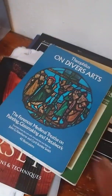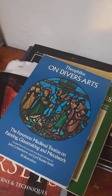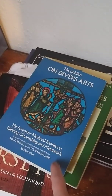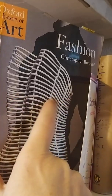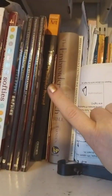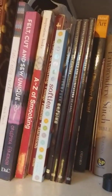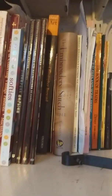This is where you start going down the rabbit hole and you start going, oh, I'm just going to do this, and then that leads to that and that and that. That is a rabbit hole book. And then we got a little bit of modern fashion, but it's really interesting. Embroidery Stitch Bible, wouldn't be without that. Because once you have things like a Stitch Bible, which tells you how to do it, you can then go into things like